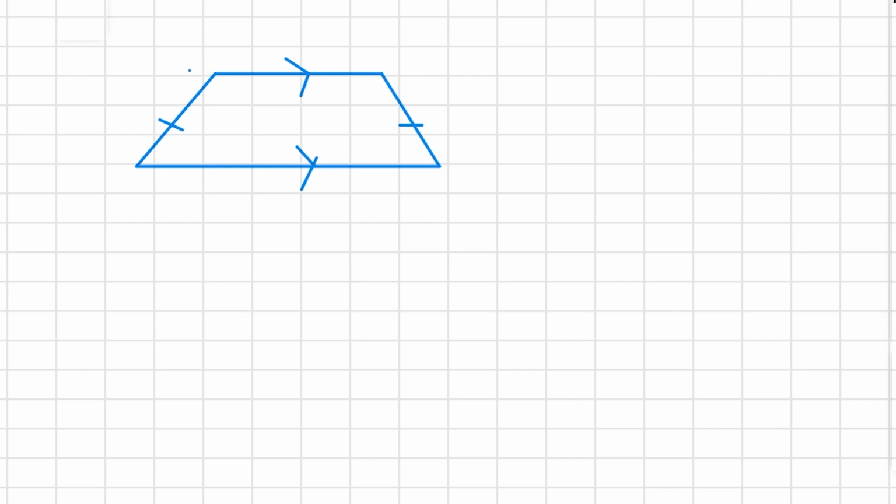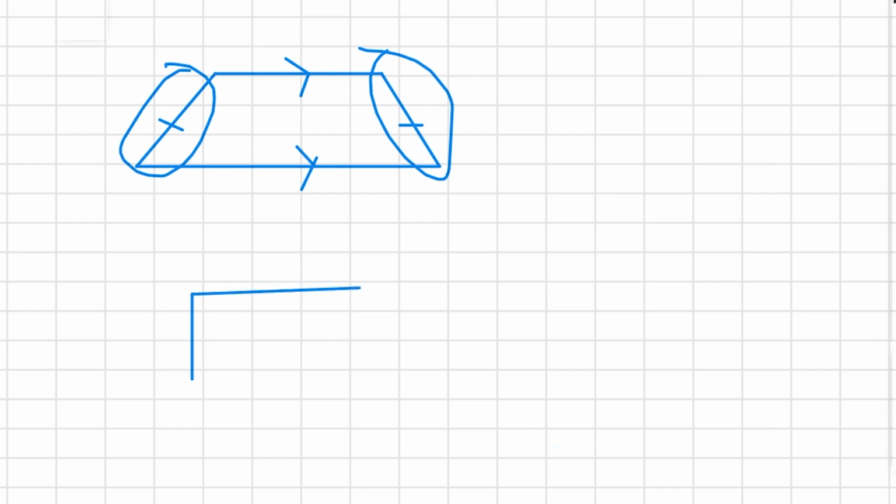But if the sides are not inclined like this, and if they are vertical to each other, then it is a parallelogram only. This point is mentioned in the notes. If opposite sides are parallel, and if opposite sides are equal to each other,